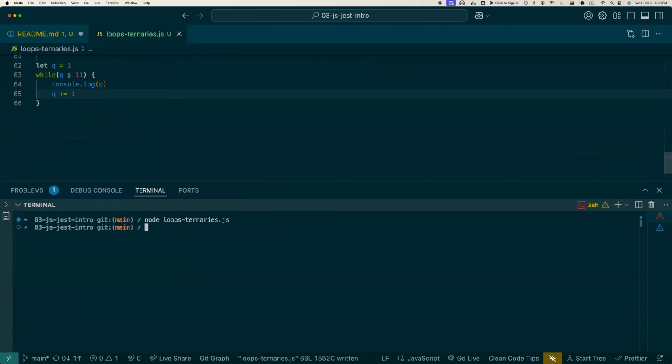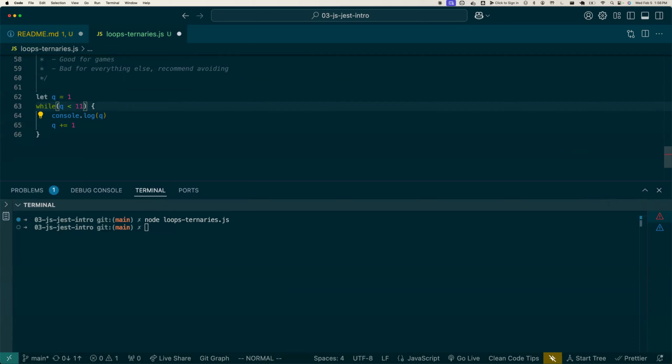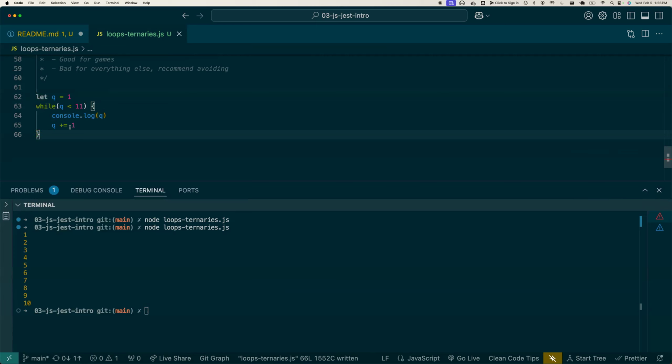But less, yep, less. In fact, I made the mistake there. And while I didn't do it on purpose, it sort of proves my point, which is that this is not an infinite loop unless I screw this up. Because if I make a mistake, the risk of a while loop turning into an infinite loop is higher. So you will generally see programmers avoid while loops because the for loop,